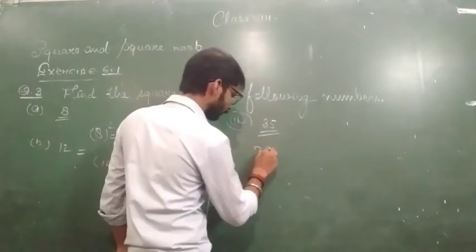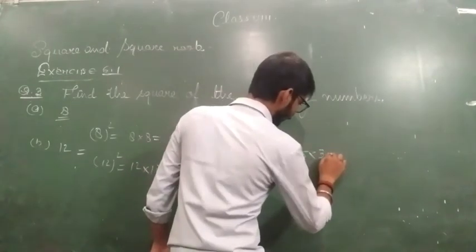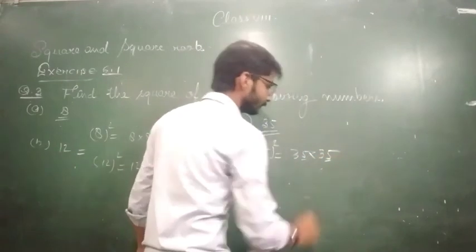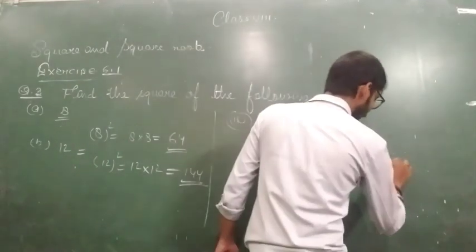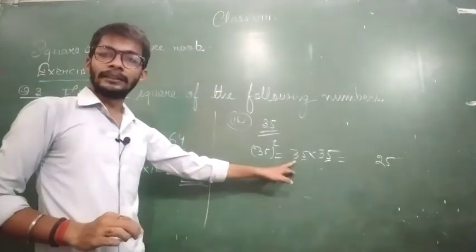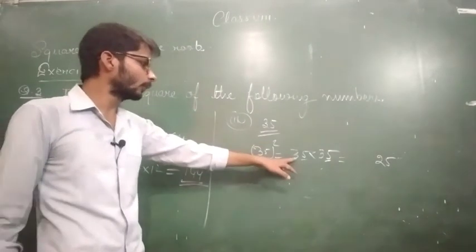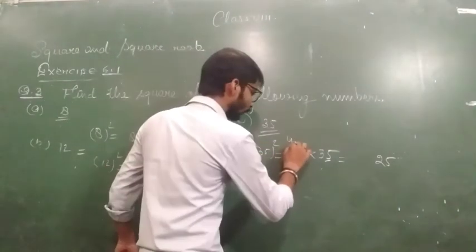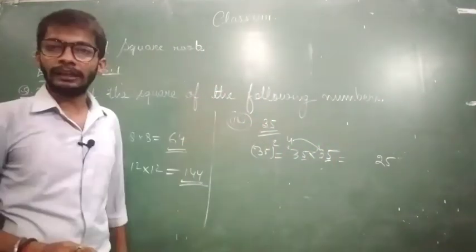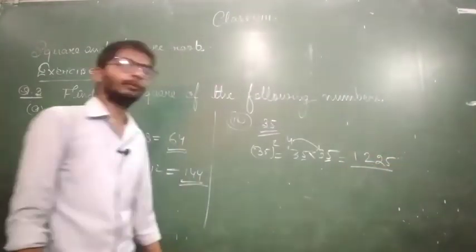The square of 35 is equal to 35 into 35. Now multiply 5 and 5, and it gives 25. 5 5s are 25. Now on the left side, we add 1 to this 3, and it becomes 4. Then we multiply this 3 by 4. 4 3s are 12, and we write this 12 before the 25. So we have the value 1225.